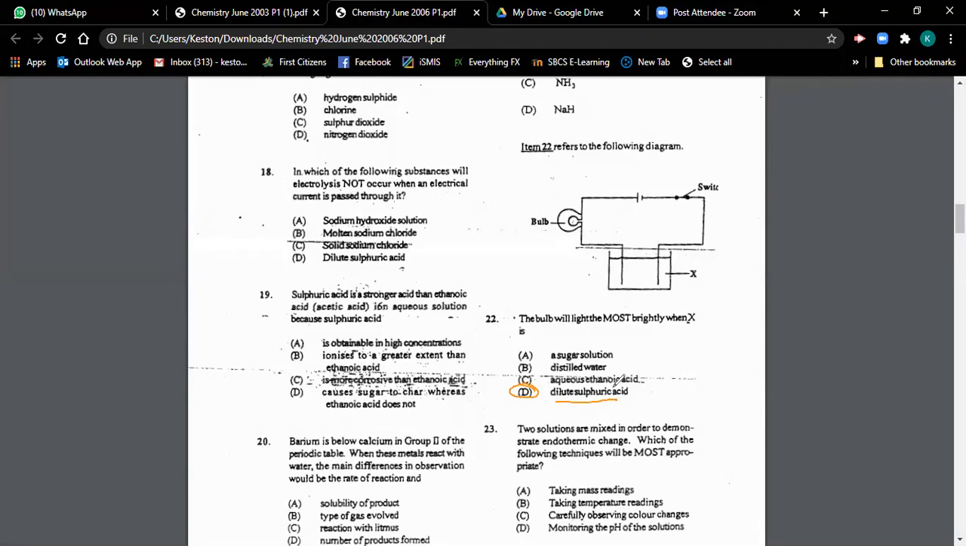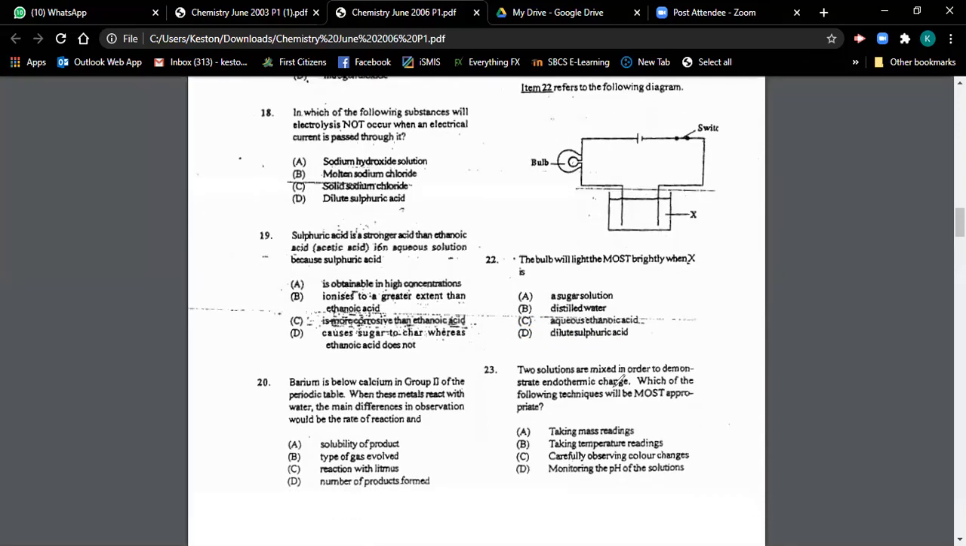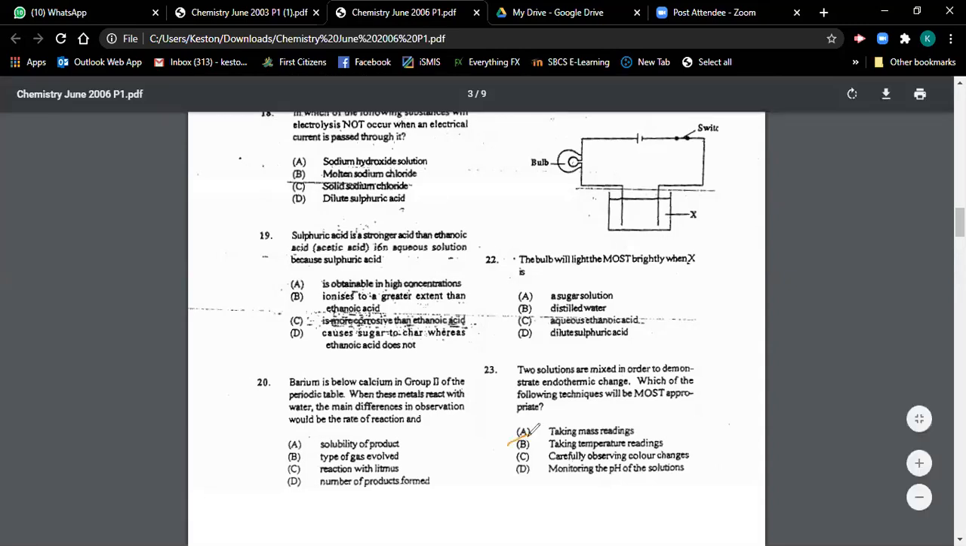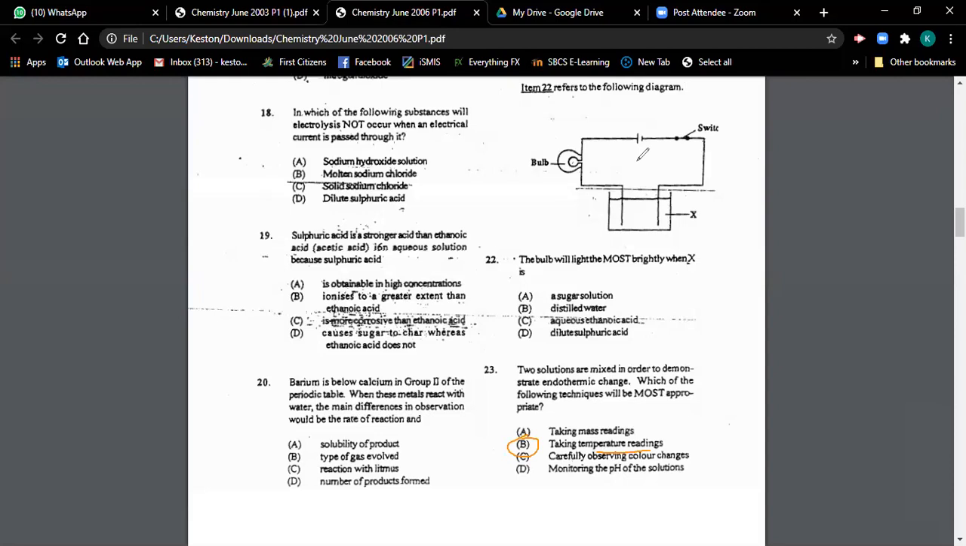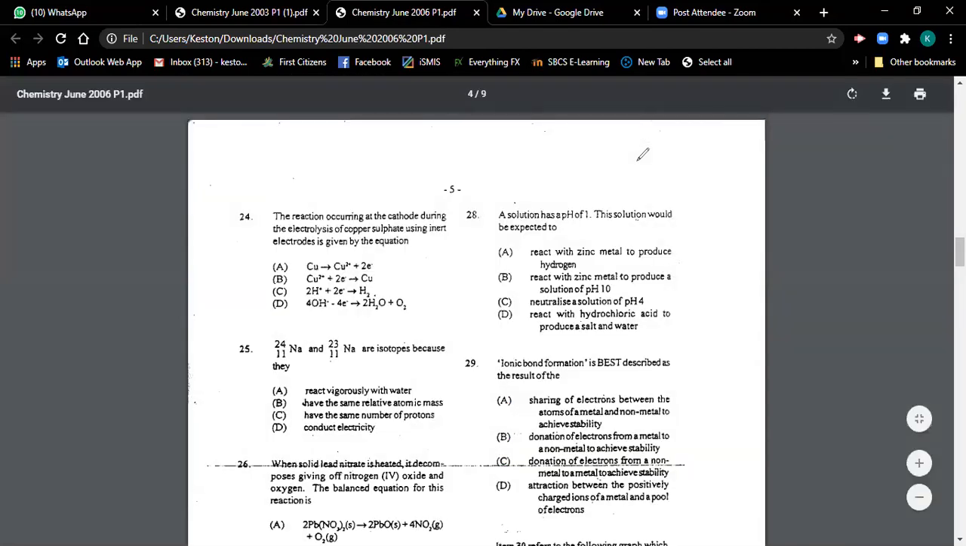23. Two solutions are mixed in order to demonstrate endothermic changes. Which of the following techniques will be most appropriate? Anytime we're talking energy changes, what do we measure, guys? How do we measure energy changes? Changes of heat, temperature readings. Well done. Good job, Destiny. Jadon, Navin. Temperature changes is what we'll be looking for. This one was a repeater as well. Good. 24. The reaction occurring at the cathode during the electrolysis of copper sulfate using inert electrodes